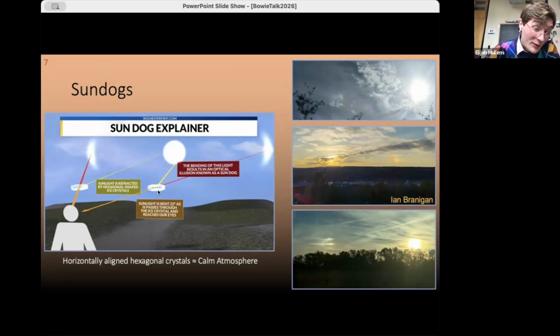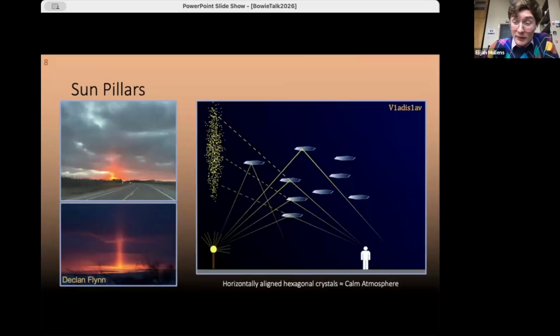And as the sunlight goes through the ice crystal, it refracts towards us and forms these prismatic mini rainbows on the left and right hand side of the sun. And I have a few pictures here that I've taken and my undergrad took on the right. A very similar process